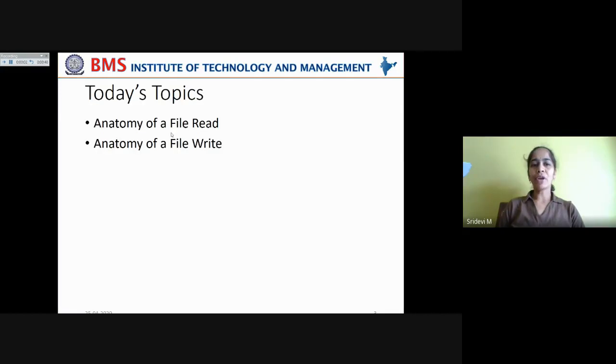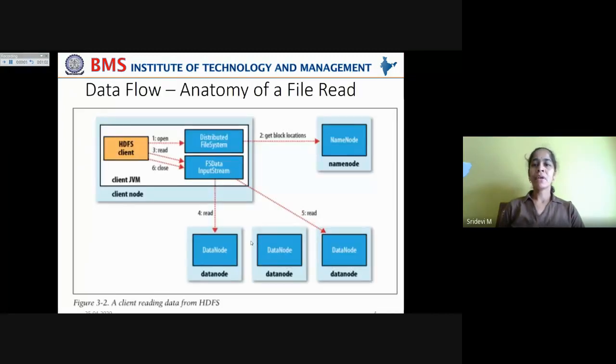In today's lecture, we are going to discuss the anatomy of a file read and the anatomy of a file write, how exactly file read and write happens between the client and the HDFS cluster. This diagram depicts how the HDFS client interacts with the HDFS cluster in order to read a file.